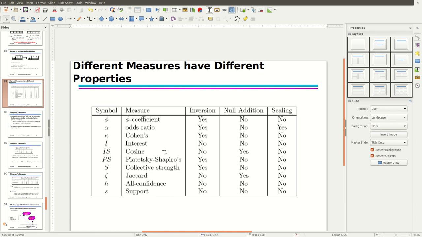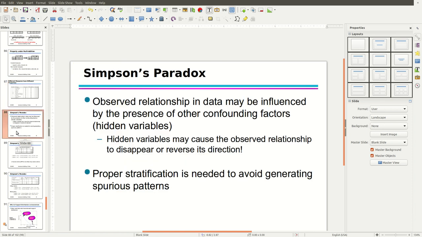Support, we talked about that. Phi coefficient, so you may need to decide where you will use it. We also have